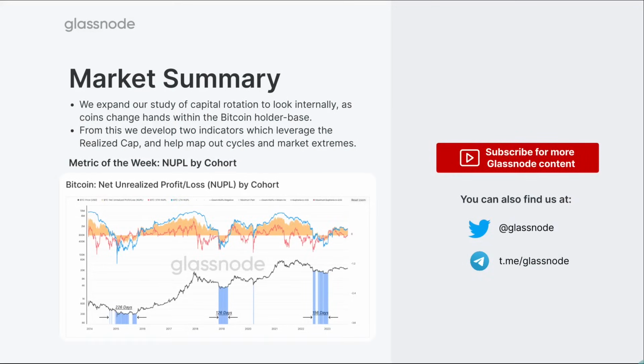A little bit of an exploration about how coins move around between different investors and really just bring it back to just how powerful the Realized Cap really is. It is a foundational tool that we build a great many of these metrics and tools off the back of. And really, it comes down to the very simple concept of capital inflows and outflows and profit and loss, which are the motivating factors that cause investors to make decisions.